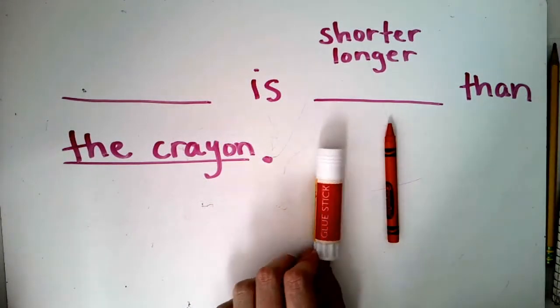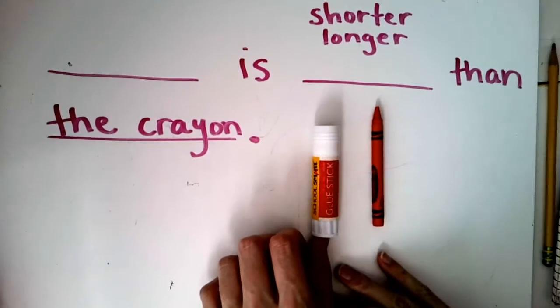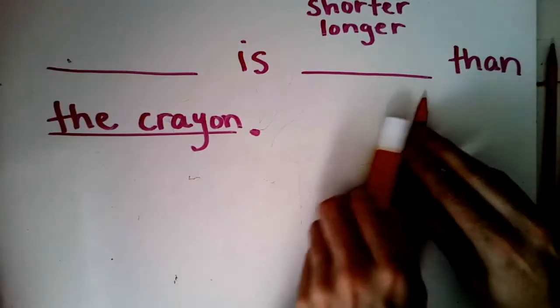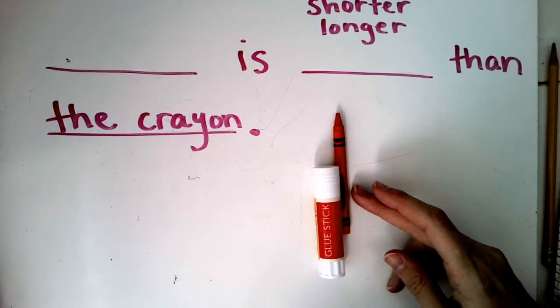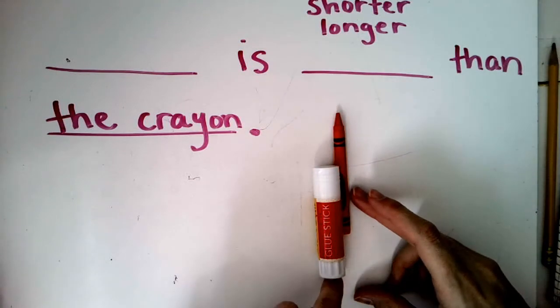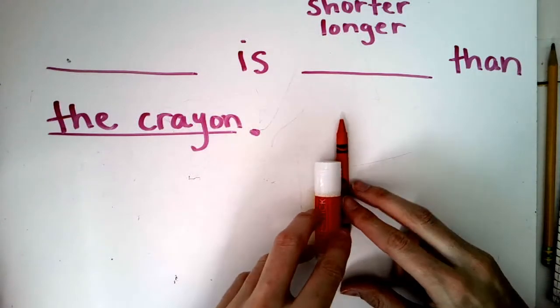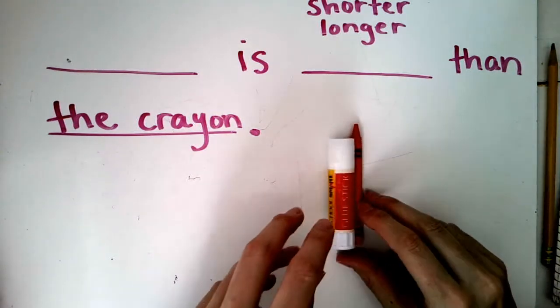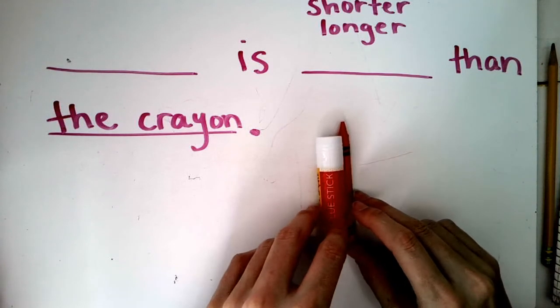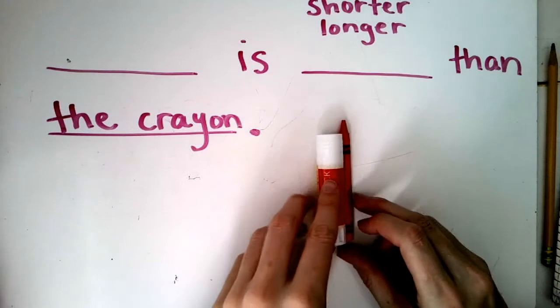And our measuring rules tell us that our 2 things that we're comparing need to have the same end point. So that means that they have to start in the same place. So if I measure my crayon and my glue stick like this, do they have an end point where they're both starting? They do not. I either need to line up the bottoms together or the tops. It's up to you. Either way would be an endpoint. I'm going to do both of the bottoms because they're nice and flat. Even though they want to roll away from me, I'm going to hold my finger here so they don't. And now I can see, since they have the same endpoint,